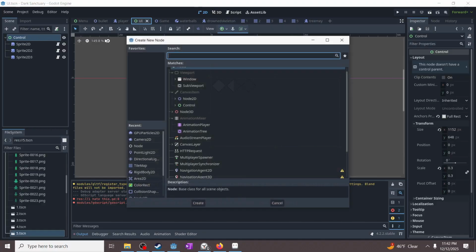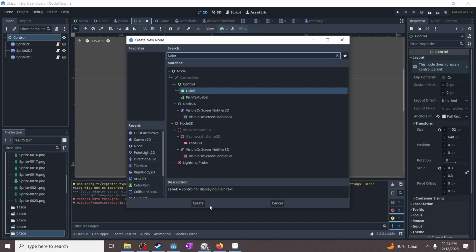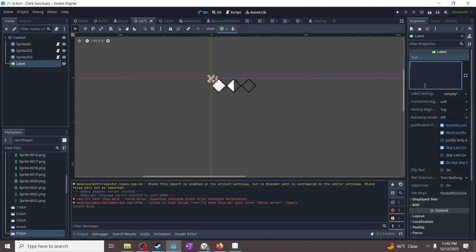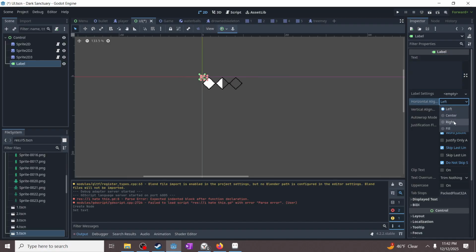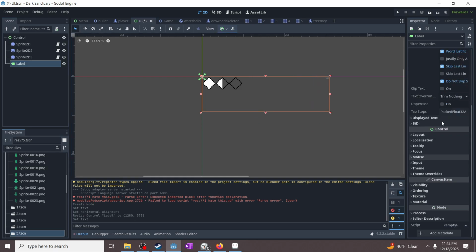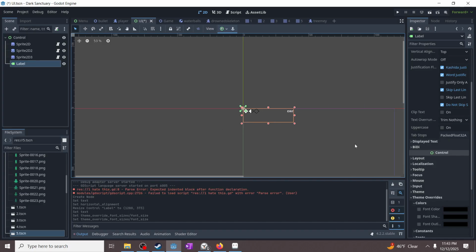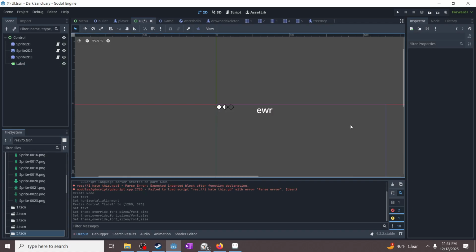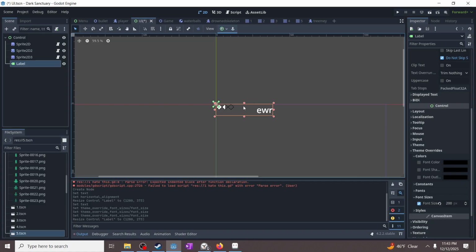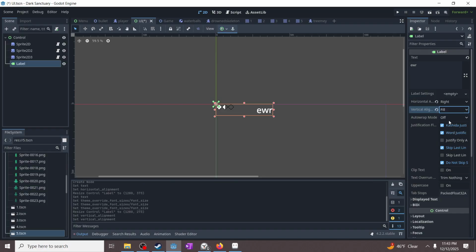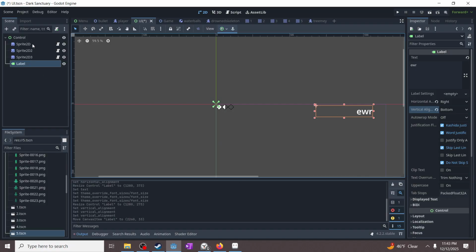Then we'll go back to our UI scene, get a label, and we don't need to actually put anything in here right now, but for now, let's type in UWR, and let's put in font size 90. Next,